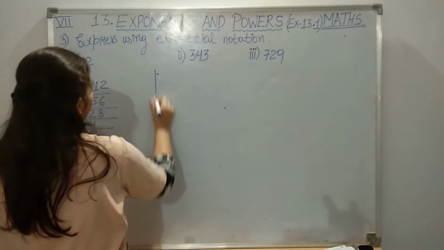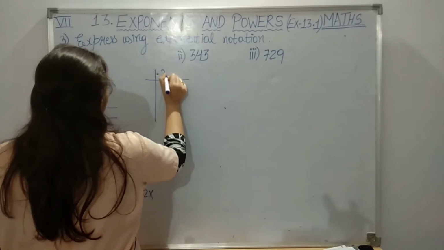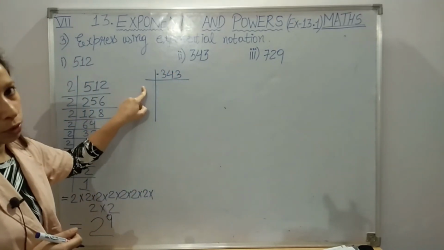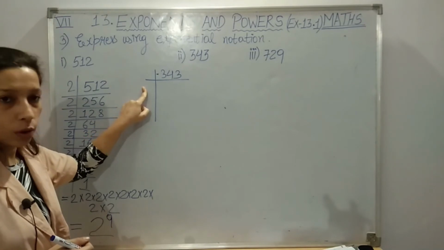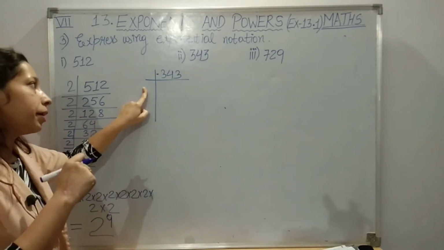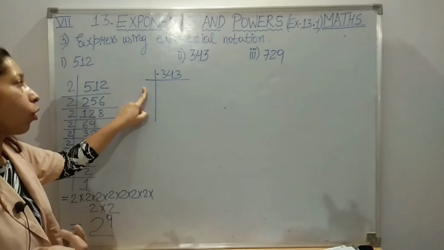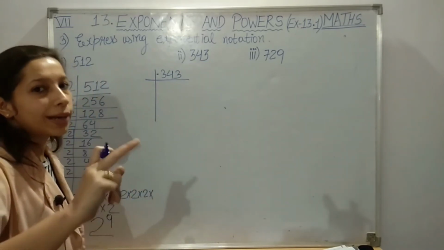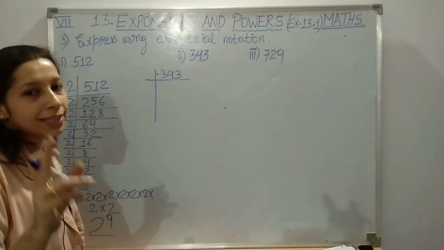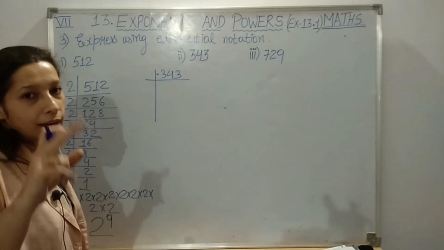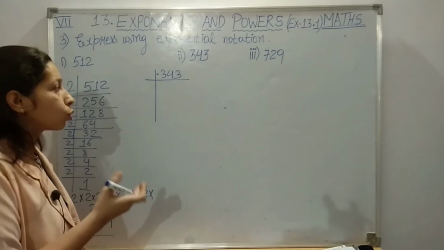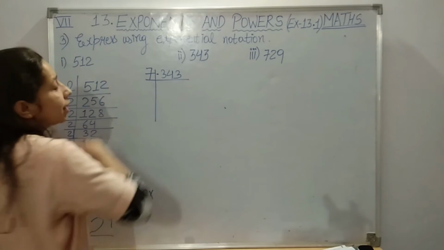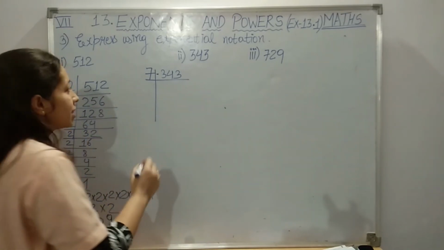Now let us see second point. Second point is 343. So let us see 343. Is it divisible with 2? No, it will not be divisible with 3 also. Then if it is not divisible with 2, it will not be divisible with 4 also, with 5 also it will not go. Now if it is not divisible with 2 and 3, then surely it will not be divisible with 6. Remember, you have studied about divisibility rules, those rules we have applied here.